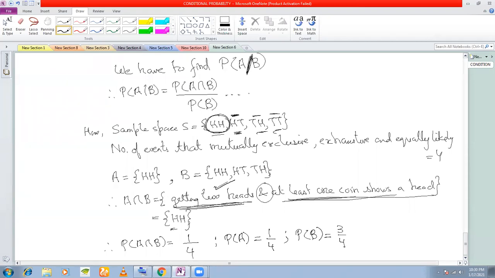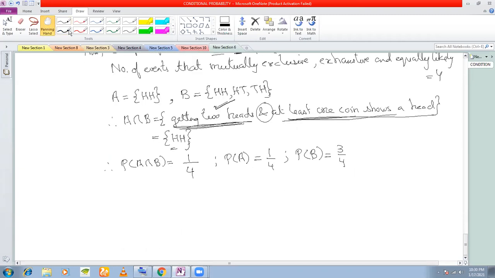Now let us see. If I call this 1, can I find out P(A/B)? We have found out P(A intersection B), and we know P(B). So just put it in the formula. Hence from 1, P(A/B), the probability of the event A, given that B has already occurred, is equal to P(A intersection B) divided by P(B).